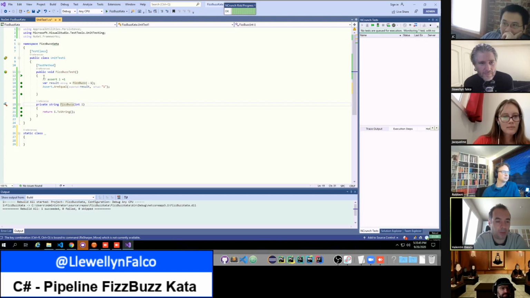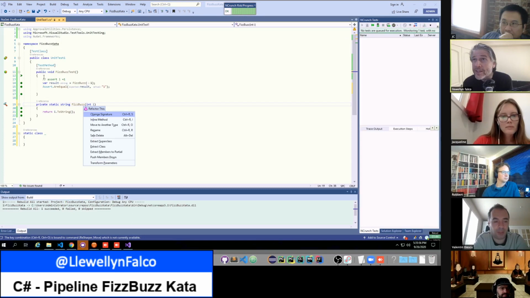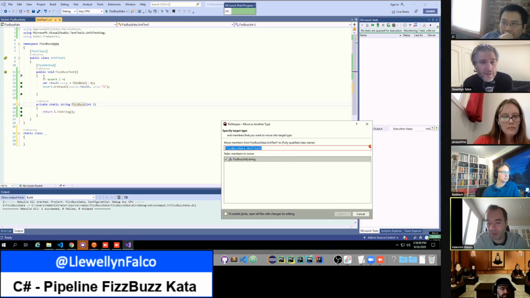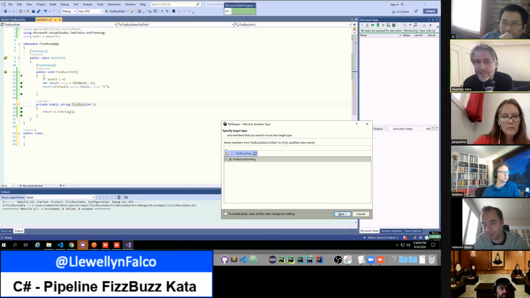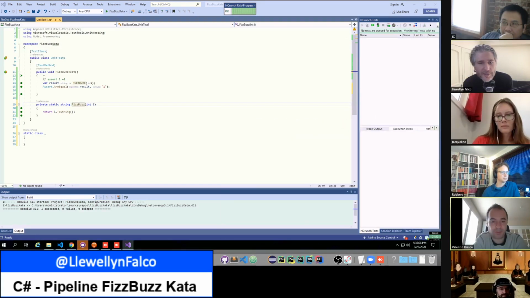Yep. No reason to make that static. No reason not to either. We're going to use static methods. Oh, should we add this to source control? Right now it's not added. That's a pretty good point. We always wait too long to do that anyways. Okay. So let's do that.